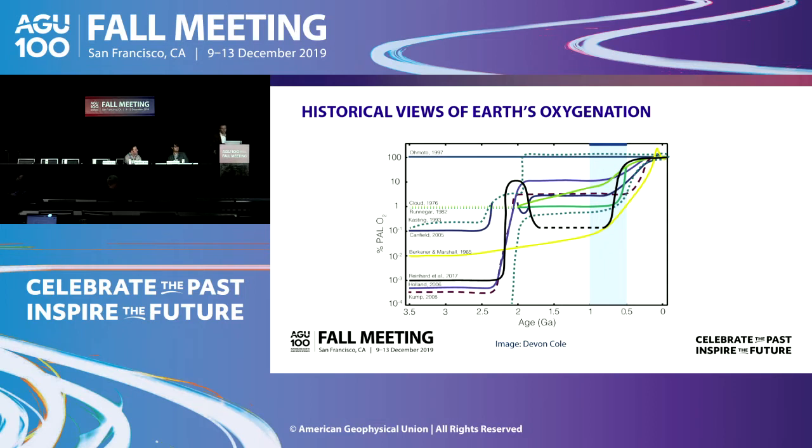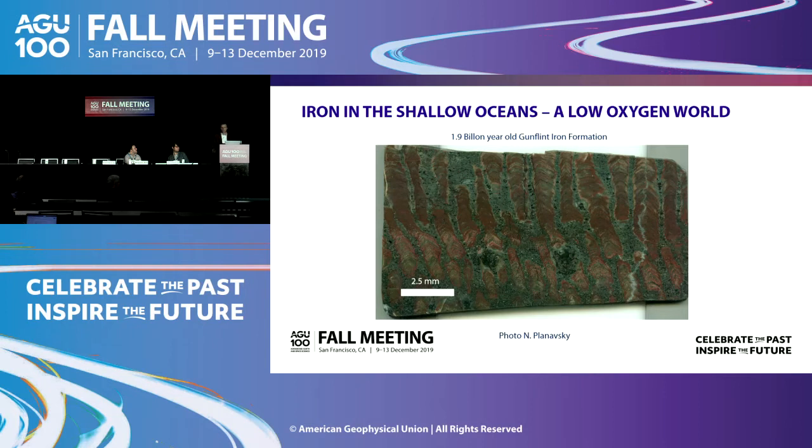So there are estimates of oxygen being high throughout Earth's history, to things that are stepped or progressive rises of atmospheric oxygen. One of the key advances in the past decade is that we've moved away from a lot of these models. A lot of these models, from both very simple geologic observations and geochemical observations, have ruled out many of these options. So right now we're moving into a scenario where through most of Earth's history we're in a dramatically different Earth state than we are today. For most of Earth's history, atmospheric oxygen levels were markedly lower than they are today.